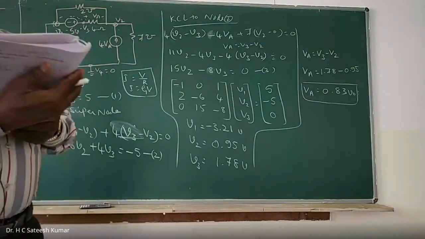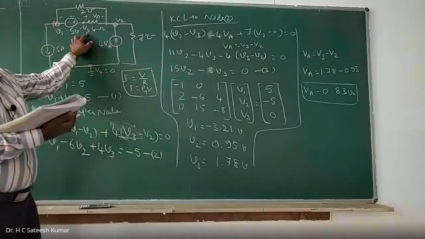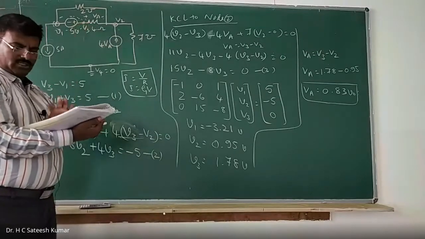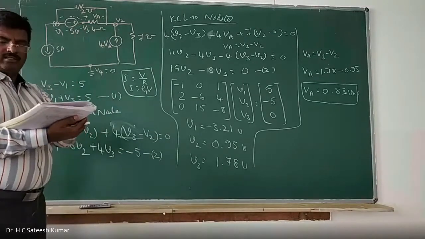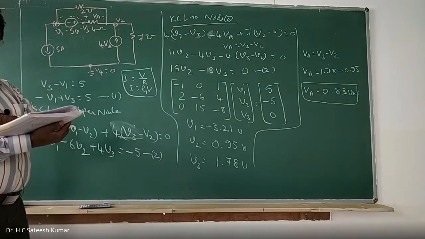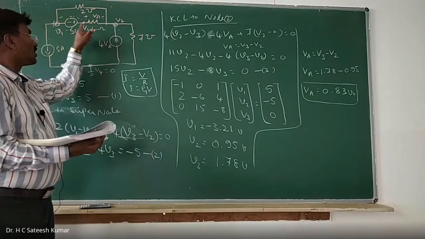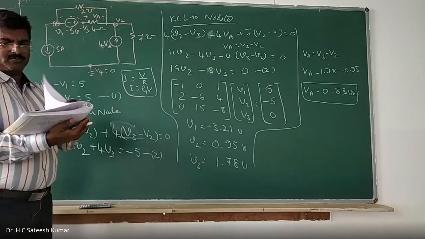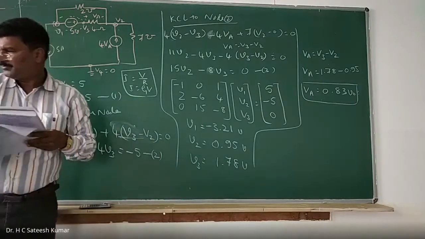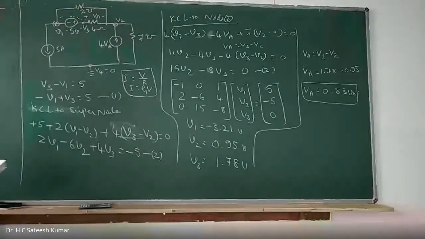In the notes, I have done it in a different method. I have not taken this one as a node. Otherwise, it's very difficult to write the equation for VA. Hence, I have taken it as a node. In the notes I have done it in a different method, but it is a little bit difficult. So one more node I can imagine and you can do it. Another one more problem, which is one of the standard problems that I have seen.